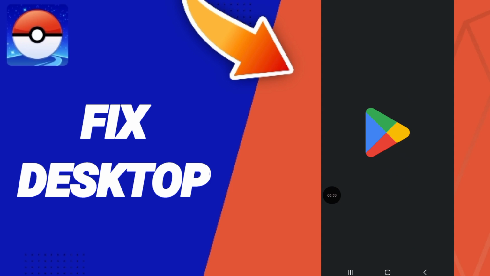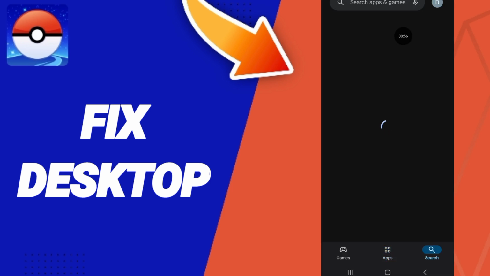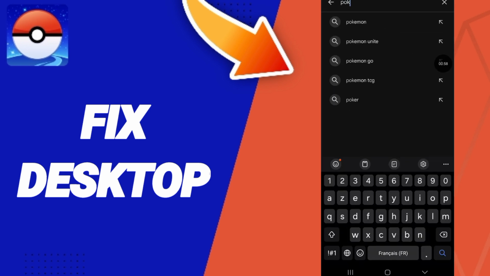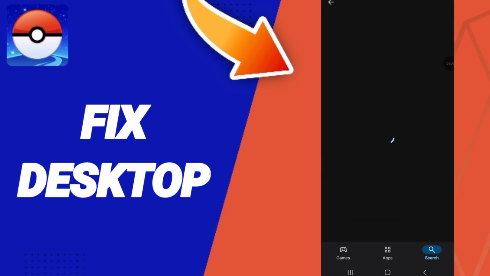Here we go to Play Store. You will search for the application of Pokémon Go. Then you will update your app if you find updates, so please don't forget